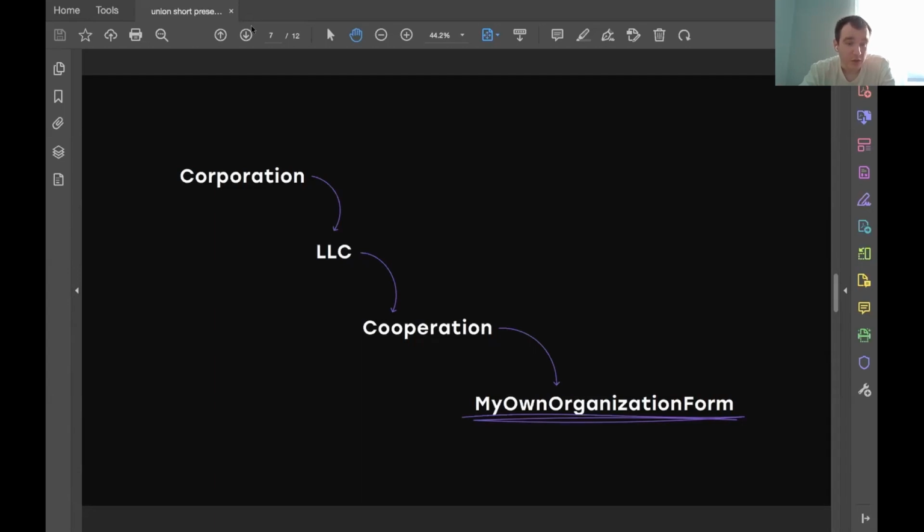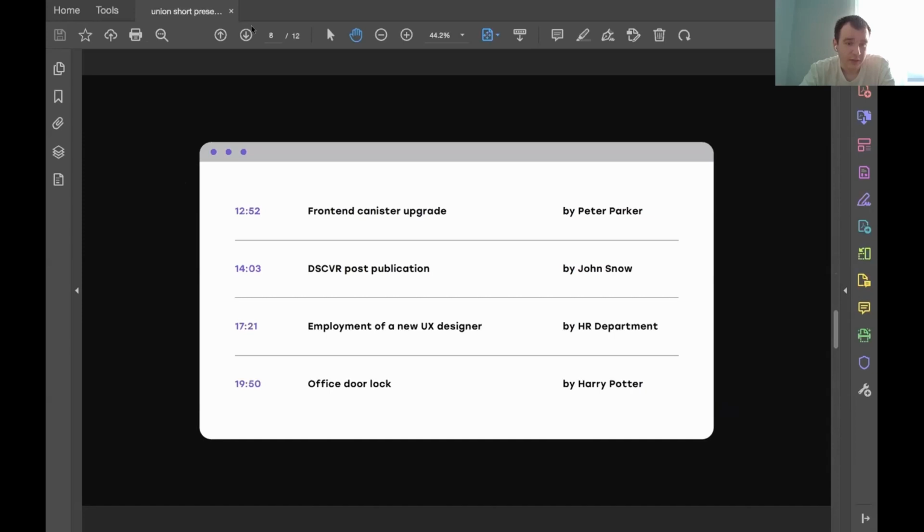This means that such a digital organization has a dynamic organization form. You can make it into a corporation, or into an LLC, or into a cooperative, or into something completely new. Such an organization can adapt to whatever will work best for your business. Next slide. Also, each digital organization is supplied with a special history ledger that tracks all the activities this organization